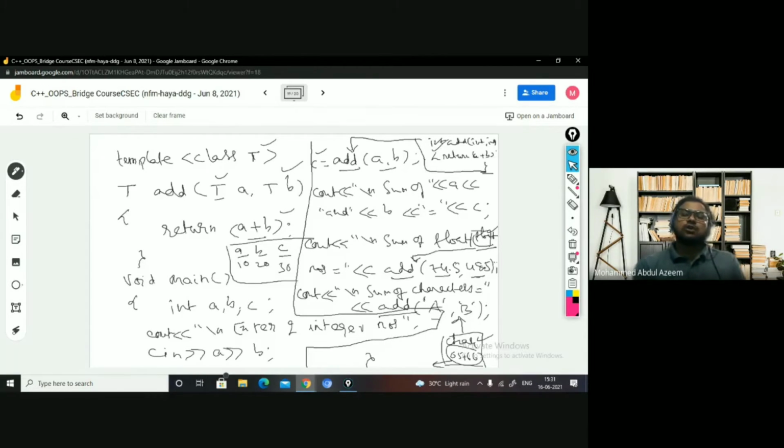When it reduces the code, automatically the cost of the code is going to be reduced. Yes or no? Then obviously it is cost effective. From the memory point of view, when it is being implemented, memory occupation is going to be equivalent to when you are writing it separately. But then you do not know for how many data types you are going to call. Based on only the data types that you are going to call during the runtime, the memory will be allocated, right, for the versions that are required, to implement those respective data types. Otherwise, it is not required.